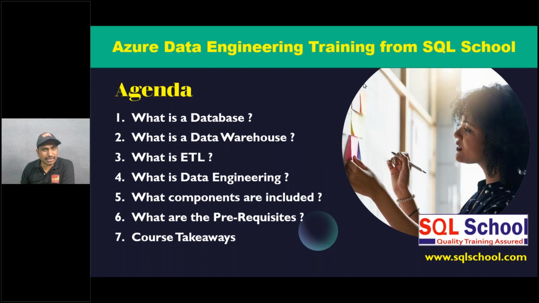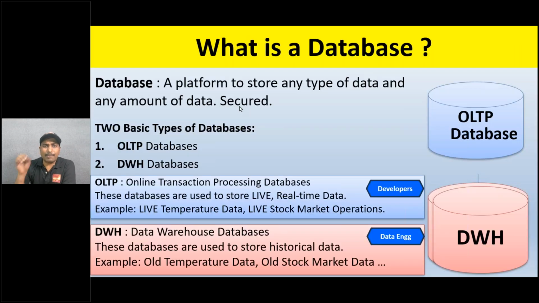What is a database? A platform to store any type of data, any amount of data, no restrictions at all. Now, different types of databases. There are 2 basic types of databases: OLTP and data warehouse. OLTP is like a showroom. Data warehouse is a